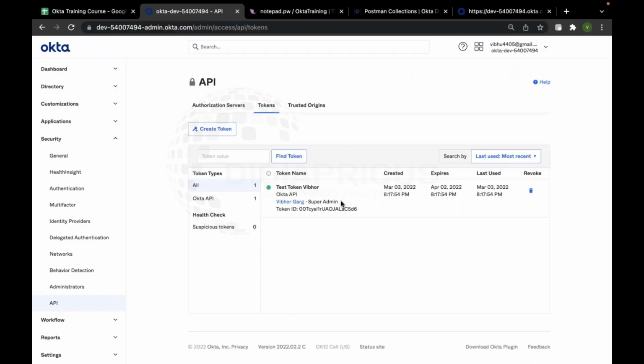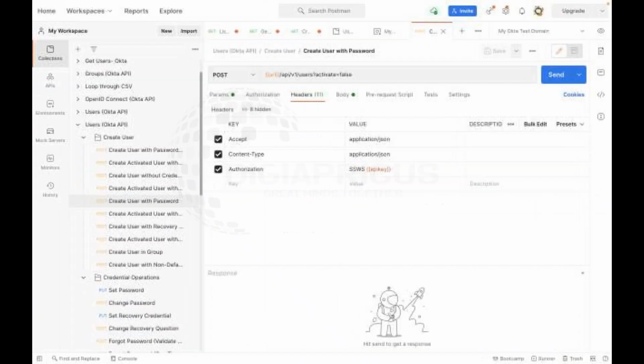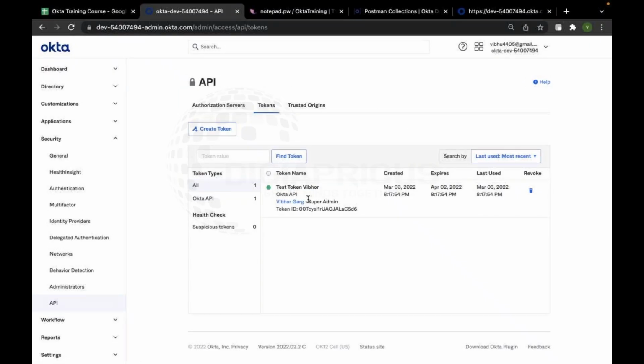Like if you can see, I am a super admin user. So it will try to understand whether this token has the privileges to get into the environment or not. So super admin is like the highest level of privileges you can have in Okta. So definitely it will not say anything. But if you're a read-only admin, and you're trying to get into the environment to create a user, and your API key is being created by a read-only admin instead of super admin,